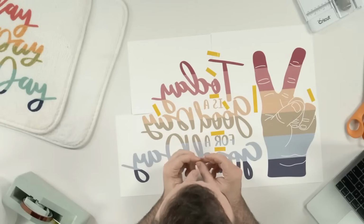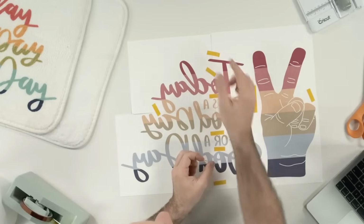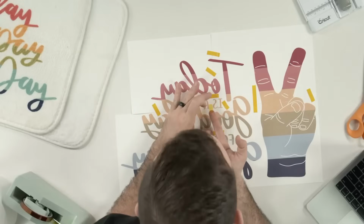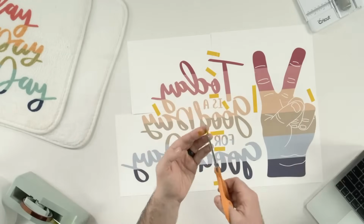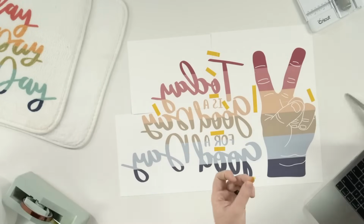Okay, so this is where you can get a little bit more particular with tape if you feel like you need to. You do have to be able to pick this up and lay it down, so you want to make sure that you can move it around. I really think I want to put a piece of tape right here and see if it'll fit, but it might not. So what I'm going to do is cut this down just a hair, and I'm going to take this little bitty piece, and then what I'm going to do...